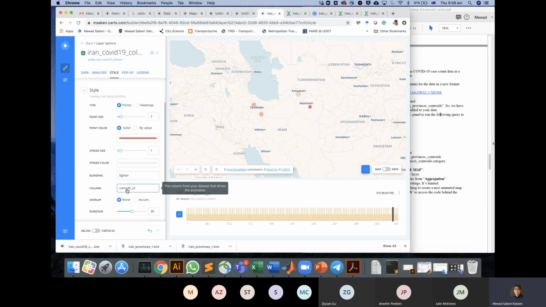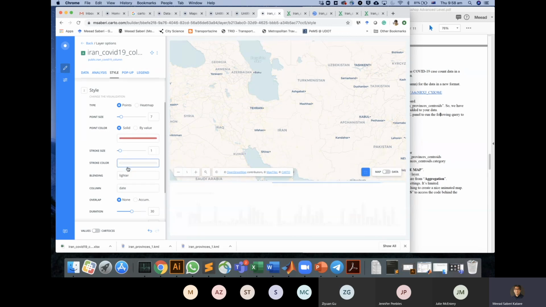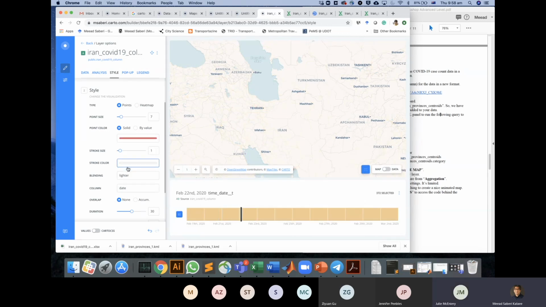Which column should we make the animation based on? Not CartoDB ID, but the date, because I'm going to animate by the date. So if I select date, there you go. So that's what it creates. I mean, this is not exactly final yet, but now what Carto does, it reads the